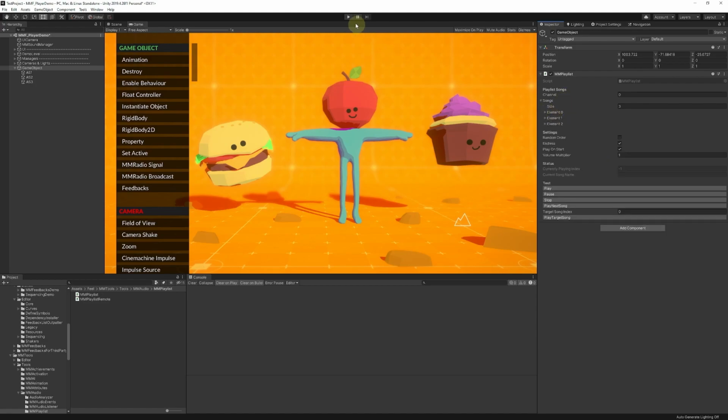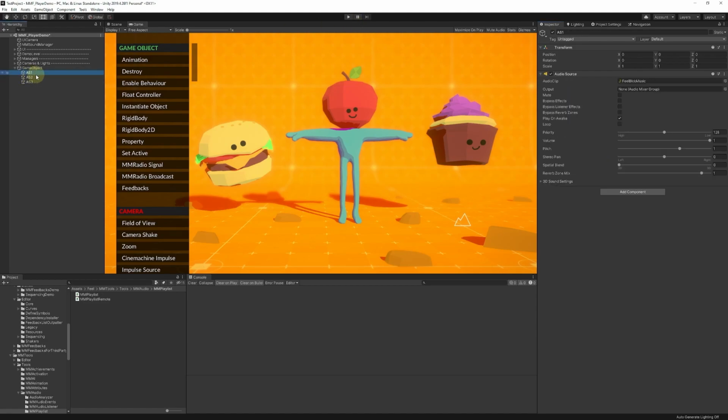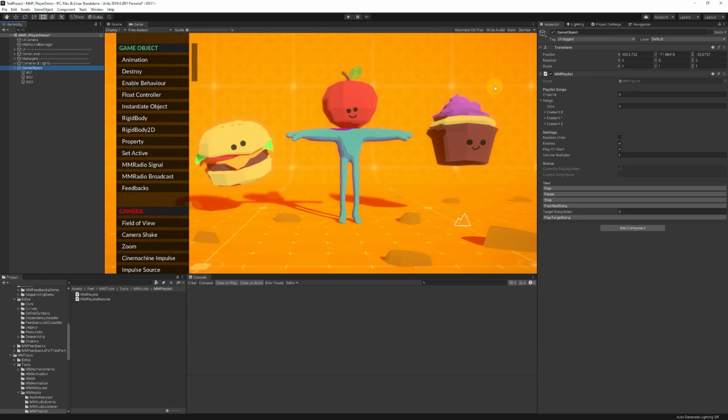And you don't want them to play on awake because this is messy. Instead, the playlist is going to play on start on its own. It's going to play endlessly, and I don't want a random order, but I could have one. I can also apply a volume multiplier. And so if I press play,